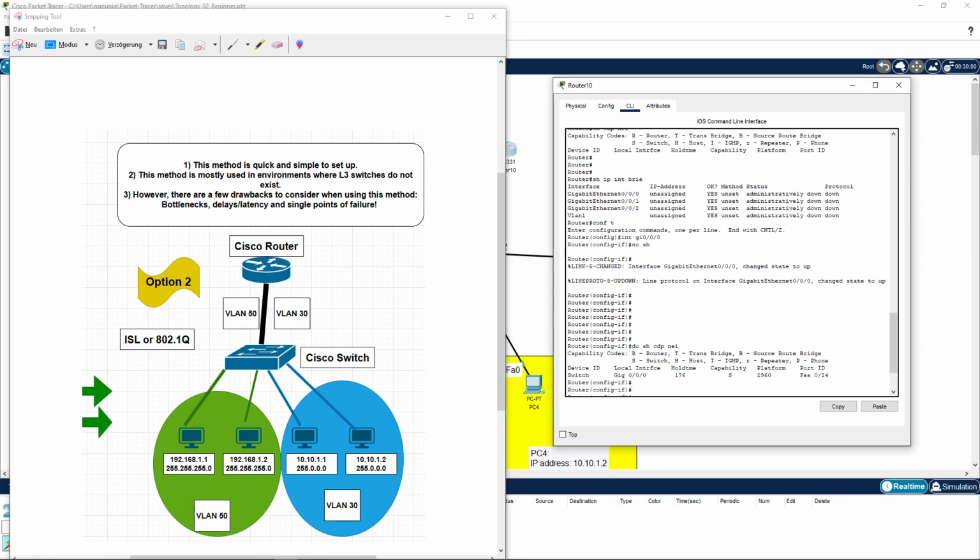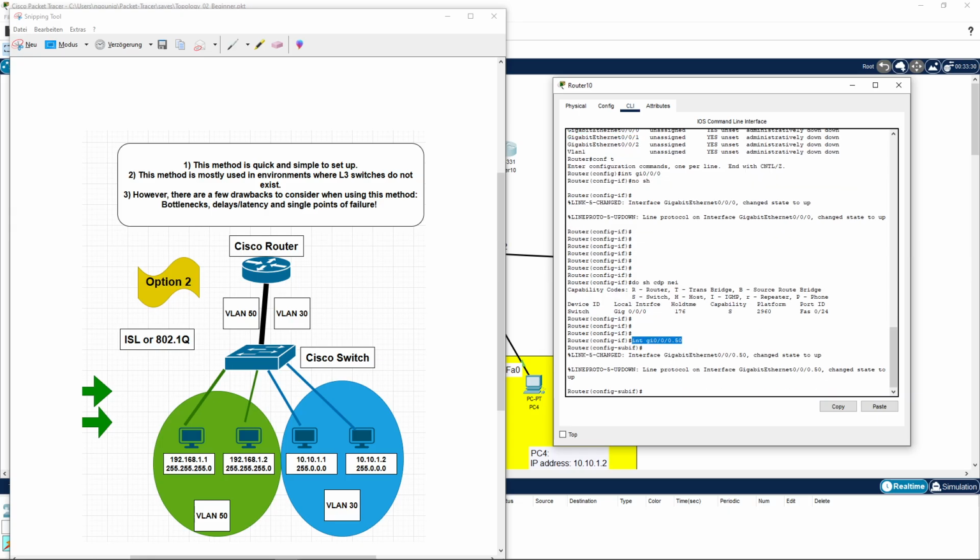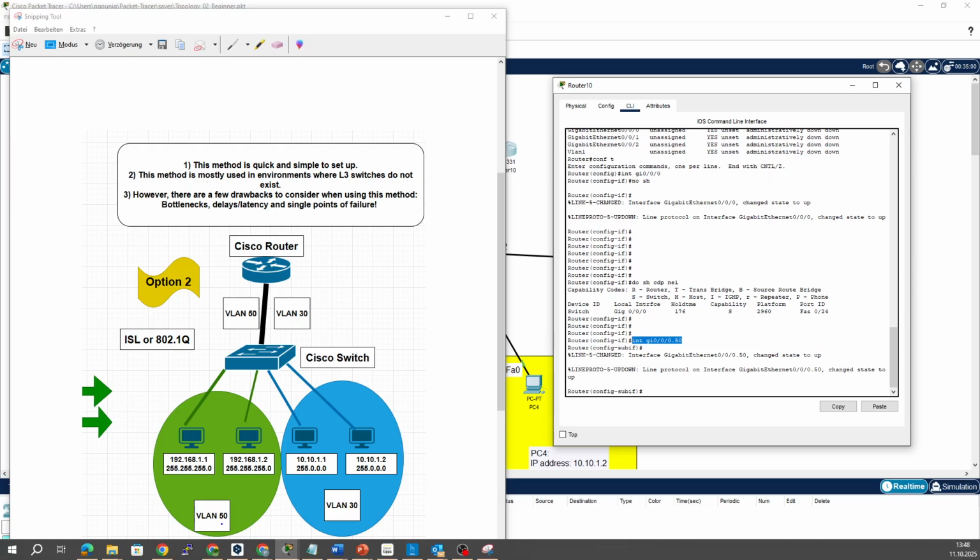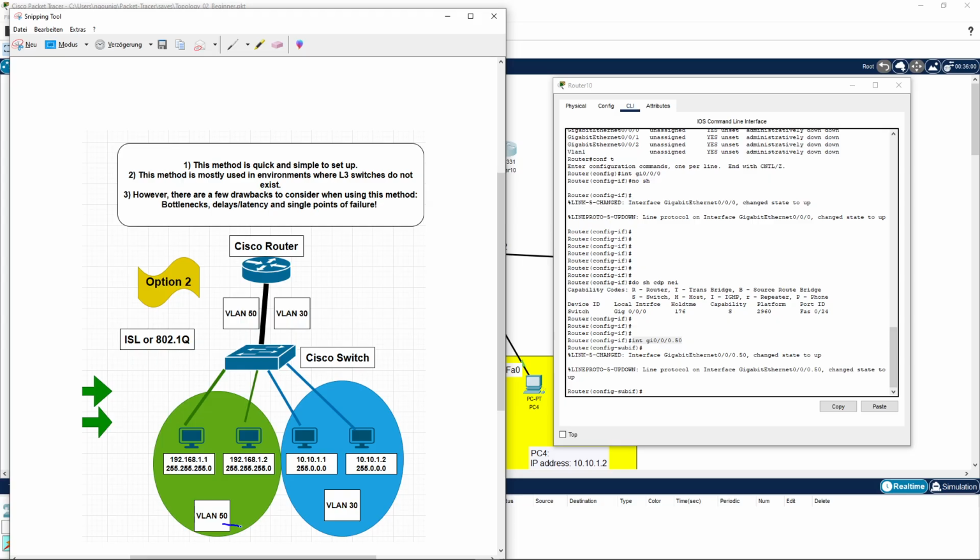Look, when we did make show IP interface brief, we just see the physical. This is the physical. What we are creating here is the logical interface with this number here. With this number, our VLAN ID. Okay, so we will get to that later. So the VLAN ID. I prefer giving the .50,